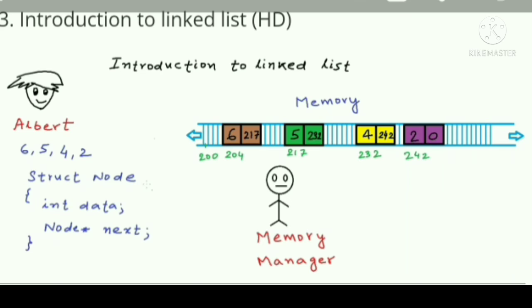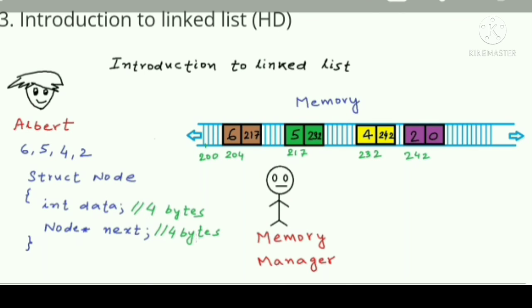So Albert will ask memory for a node from the memory manager, and the memory manager will be like, okay, you need a node that needs 4 bytes for the integer variable and 4 more bytes for the pointer variable that will store the address. A pointer variable in a typical architecture is also stored in 4 bytes. So now the memory manager gives us a block of 8 bytes, and we call this block a node. Notice that the second field in the node structure is node star, which means pointer to node. So this field will only store the address of the next node in the list.